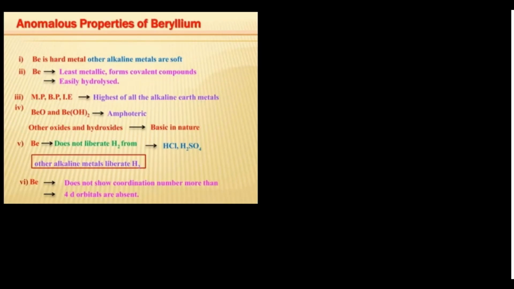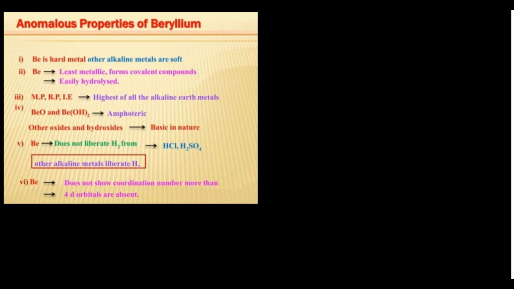And of course, its atomic radius as well as ionic radius is again very small. So due to this it shows various different properties, right? It also has a very high ionization energy. So due to the high ionization energy, smaller size, and high electronegativity, it behaves distinctly from the rest of the members of the group. Okay, so what are those? You can see here, beryllium is a hard metal, while other alkaline earth metals are soft. So beryllium is the least metallic in nature, and it forms